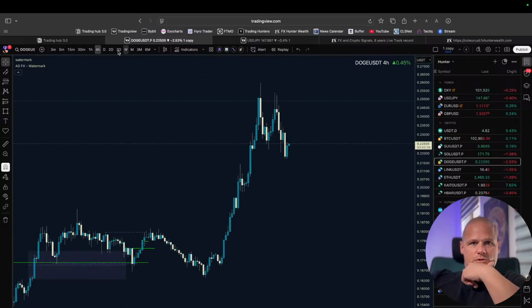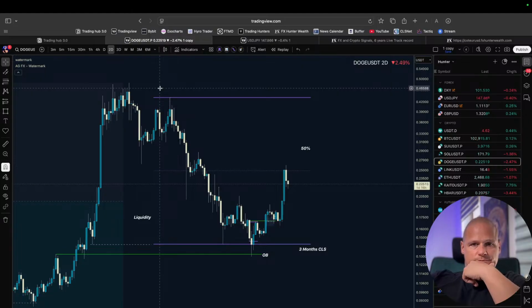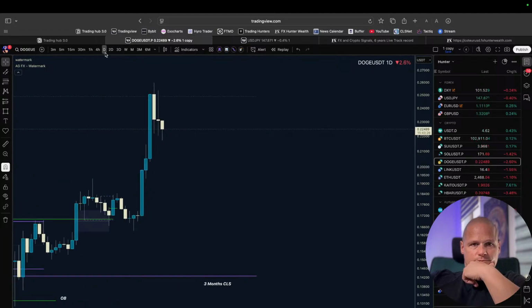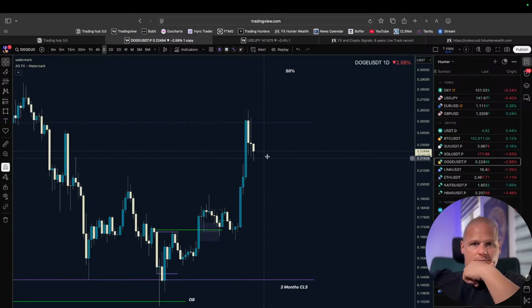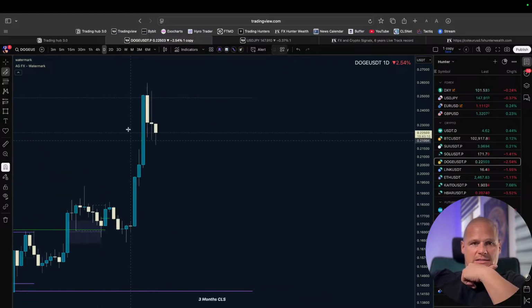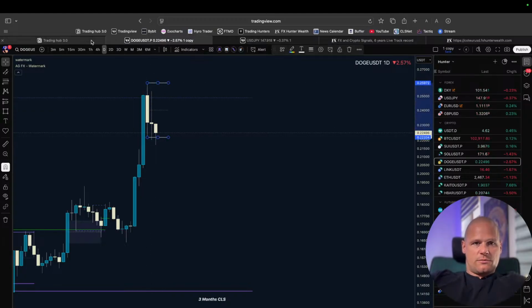This is Dogecoin. Right, this one looks quite good. Maybe for some intraday trades, we have the push higher, right? Then a candle is taking the high, closing inside, right? So the liquidity is below. The next one is taking it, closing inside, right? Another one taking it, closing inside, right? So that might be a sign that it could continue from here,